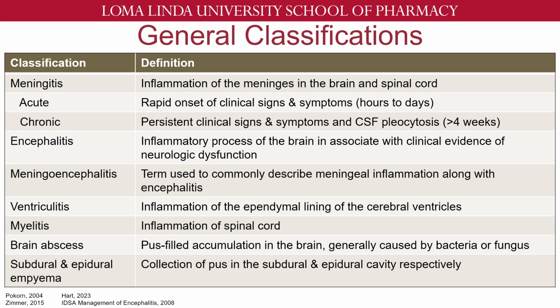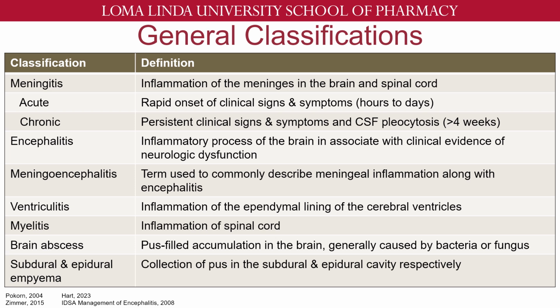Now, meningitis is again just inflammation. So inflammation can be caused by a lot of things, not just microorganisms like viruses and bacteria. There are other causes of meningitis, and so it's always important to rule out, is this truly an infectious meningitis